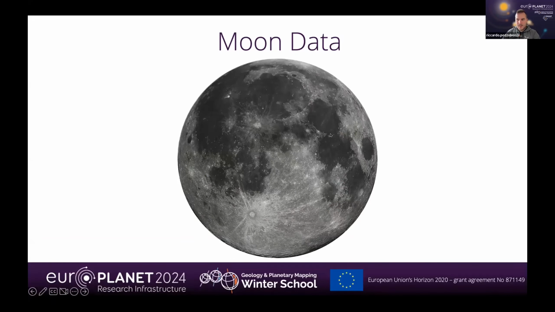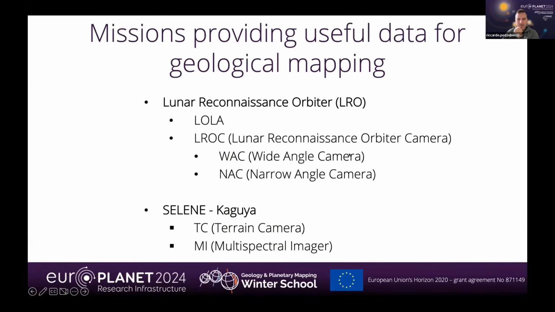There are quite a few missions providing useful data for geologic mapping on the moon. The most famous ones are data acquired by the Lunar Reconnaissance Orbiter, LRO. We have large scale data and narrower scale data. Large scale data are usually lower resolution, but encompassing the whole planet, like the LOLA, which stands for Lunar Orbiter Laser Altimeter, orbiting around the moon and shooting a laser and then gathering the topography of